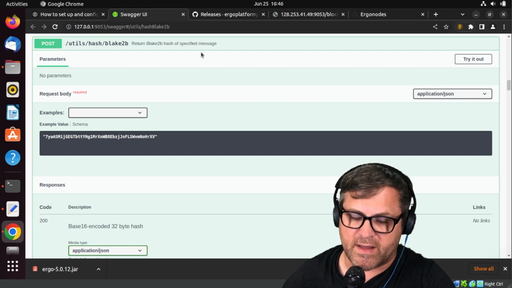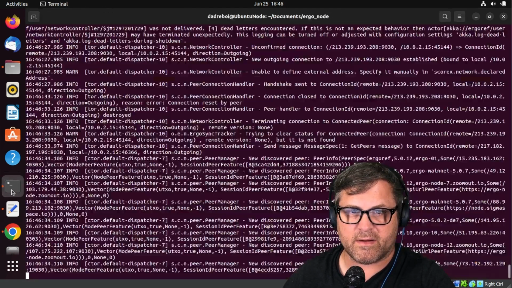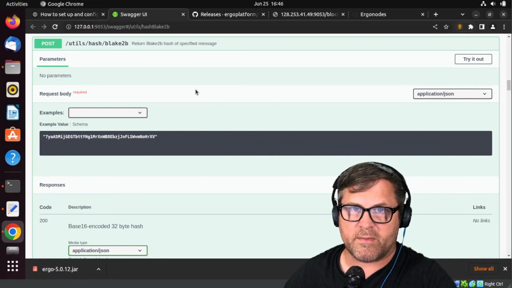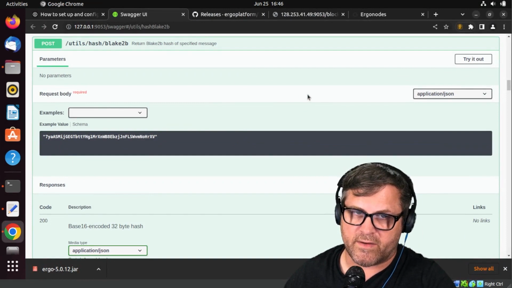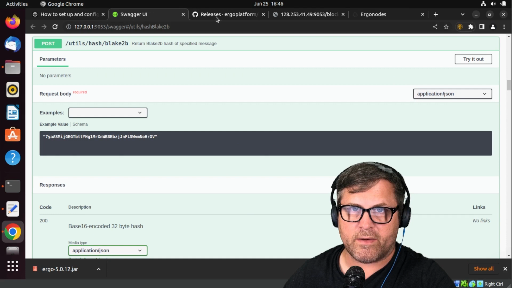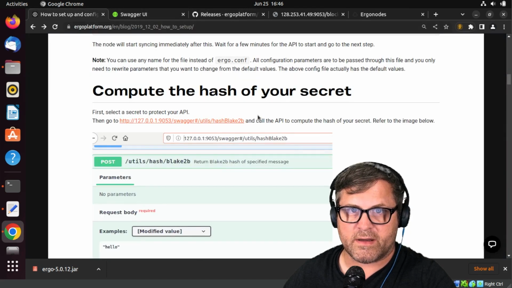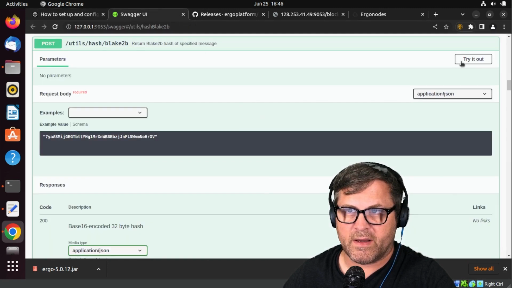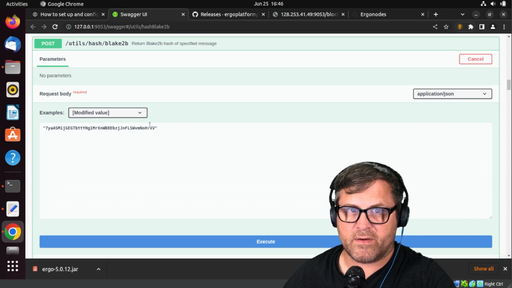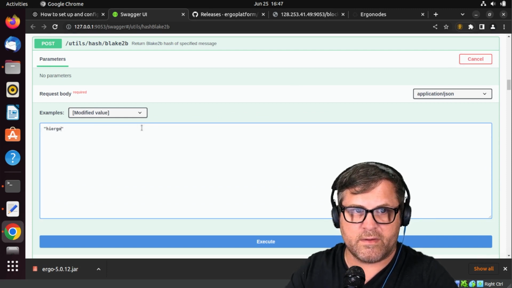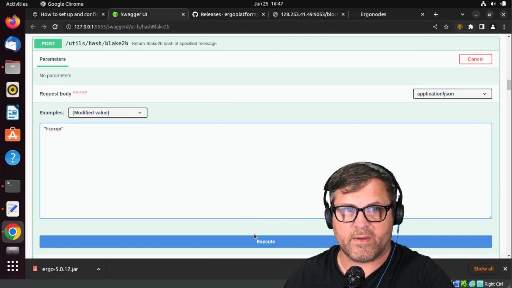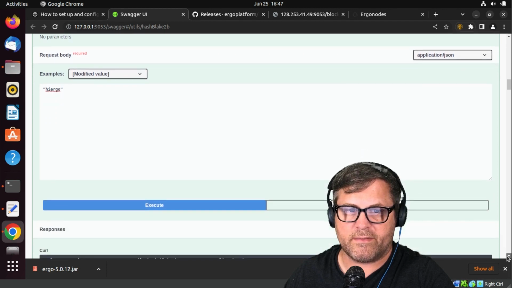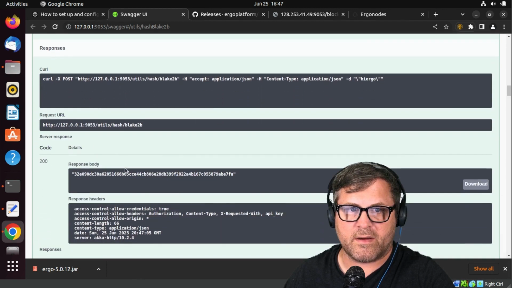And of course, there's no real data yet syncing down, because we're still in the infancy of getting all the data. So we're not going to be able to run many commands on here until it's fully synced. But for now, Ergo is suggesting that we create an actual hash of a password. So we do that by going there, and let's go down, and we can hit try it out with a code. We can type in hi Ergo, and this is a simple password. Please come up with something a little complex. We're going to execute.